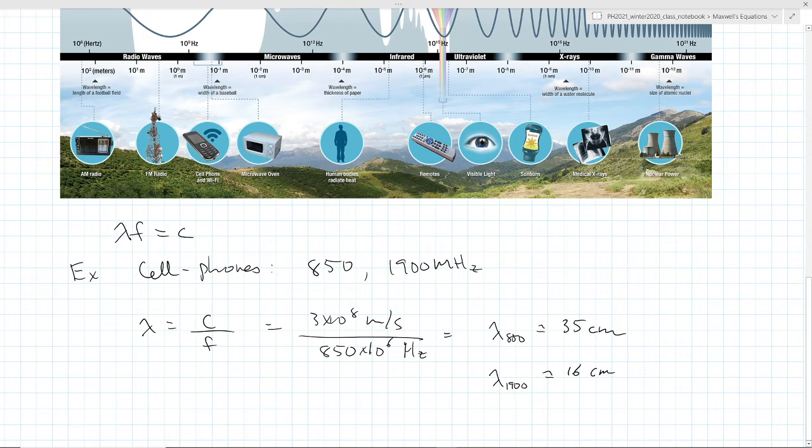So if you think back to old school cell phones that had to have antennas, that was to capture radiation on this sort of centimeter, fraction of a meter wavelength scale. So if you look at radio towers, they operate at longer wavelengths. So the tower, the antenna is